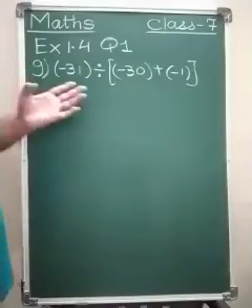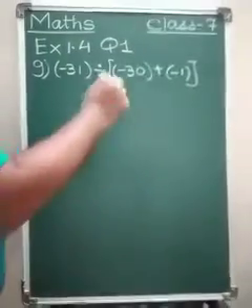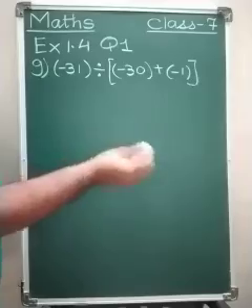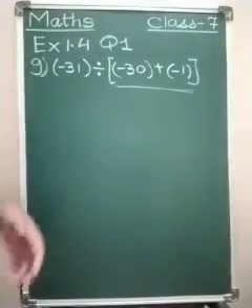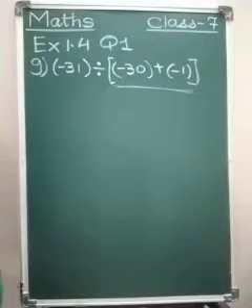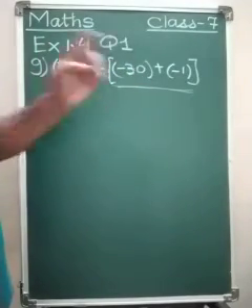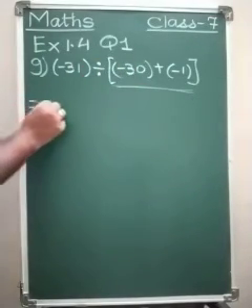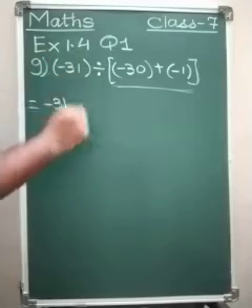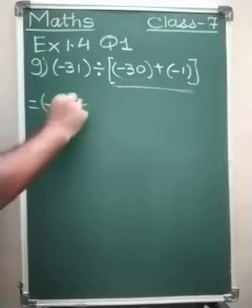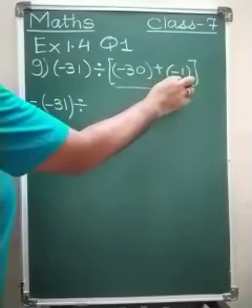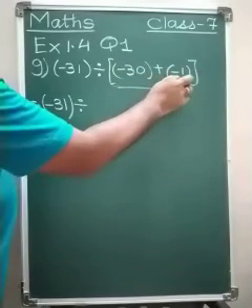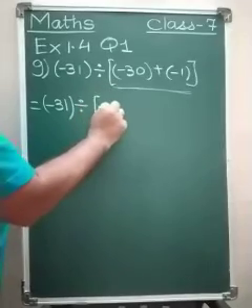Now whenever there are brackets, it is our mathematical rule of BODMAS that we solve the bracket first. BODMAS you must have learnt in the 4th and 5th standard. So this bracket we have to solve first. So minus 31 would be as it is, divided by minus 30, here is plus, inside is minus sign, so outside plus sign, inside sign will not change. So what will we do?